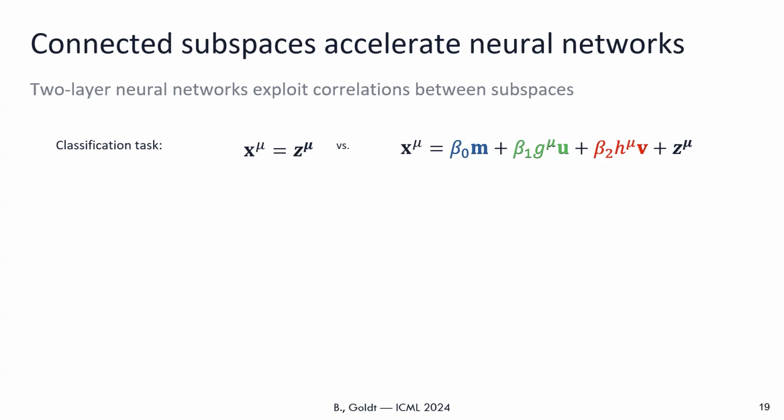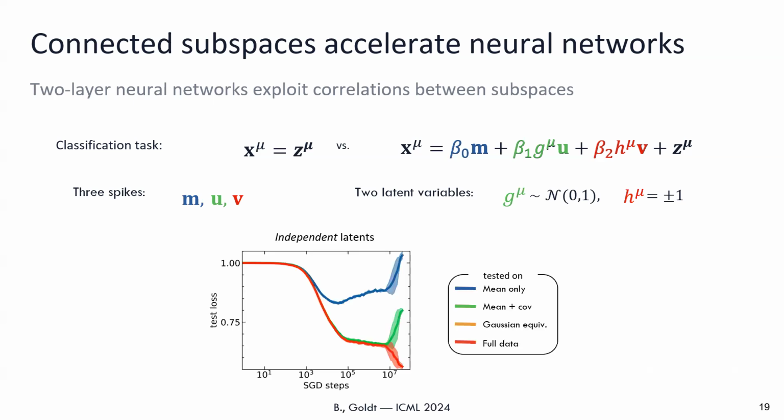But this should be easy, and the red one should be hard. And it's still a hypothesis testing / classification task. So we give to a network samples from either of the two, and it should distinguish which one it is. So we have two spikes, the latent variables are non-Gaussian and Gaussian. Okay, and then what do we do? So we train a two-layer neural network on the whole task.